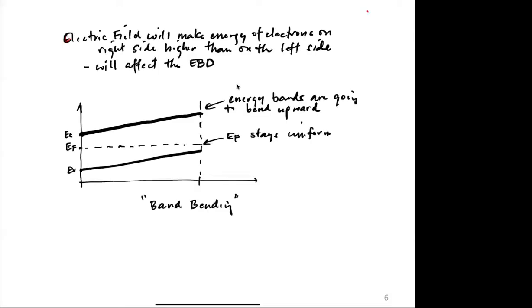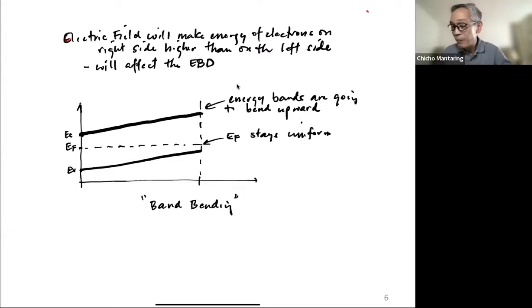Sir, what does it mean for the energy bands to bend upward? When the bands bend upward, it only means that as I go to the right, it will take a larger amount of energy for my electron to be promoted to the conduction band. No? Because if I have an electron here, for example, and I want it to be promoted to the